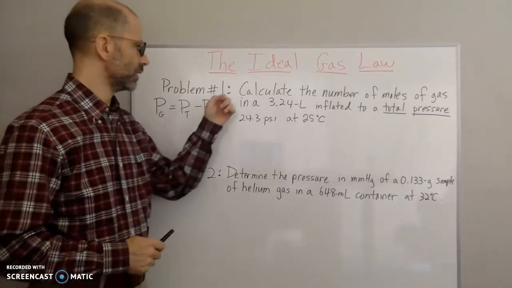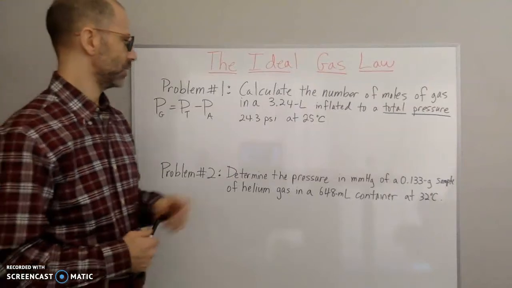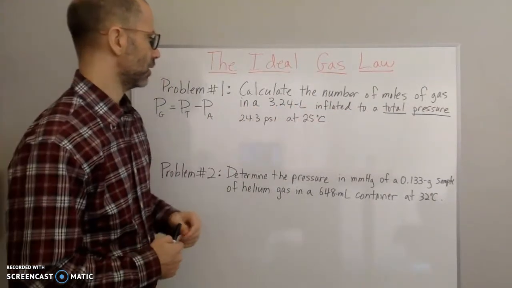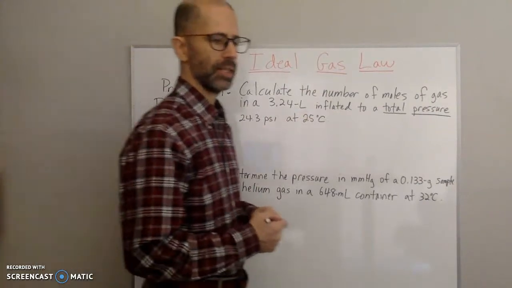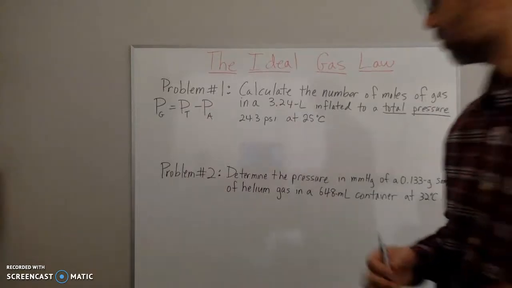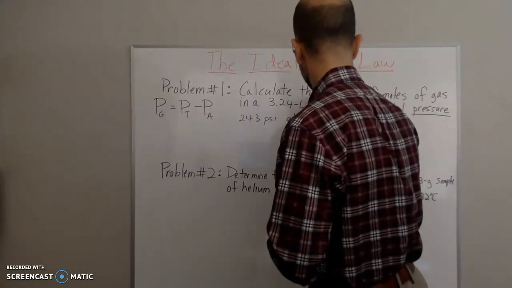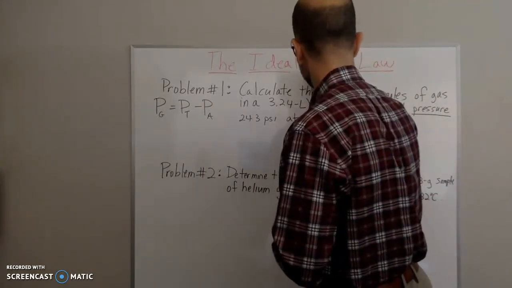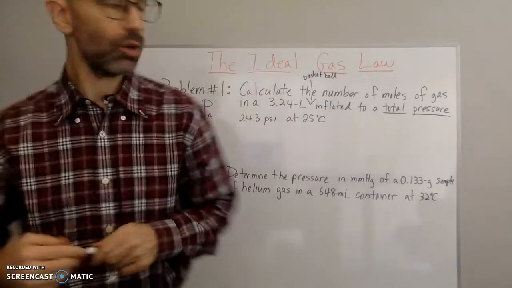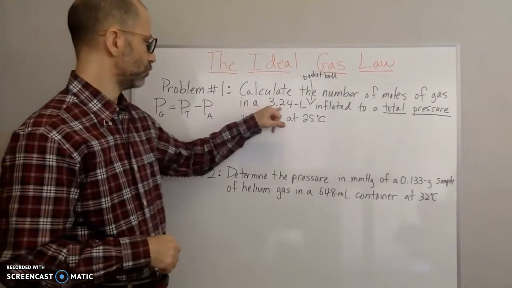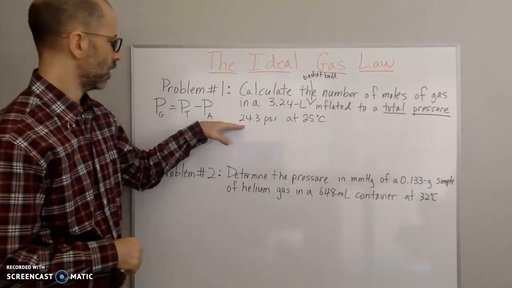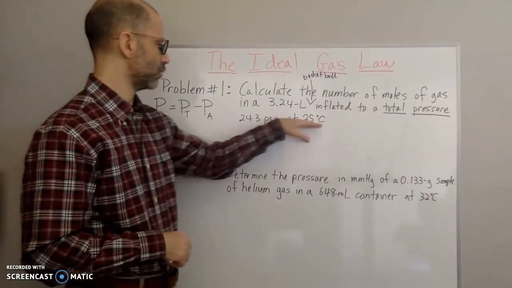Problem number one says calculate the number of moles of gas in a 3.24 liter inflated basketball. Okay, so you have a 3.24 liter basketball inflated to a total pressure of 24.3 psi at 25 degrees